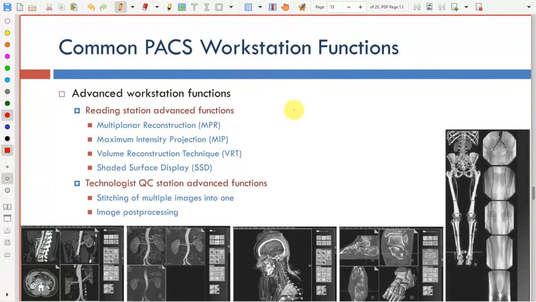Multiplanar reconstruction means that if you have a certain set of images taken in this way, okay? Imagine that I would like to reconstruct an image that looks like this out of these images. I have, for example, 100 images, but I want to look at this direction. Can I do that? If you have multiplanar reconstruction, it allows you to reconstruct an image in any direction from this